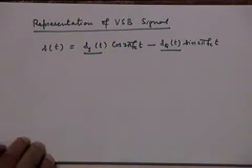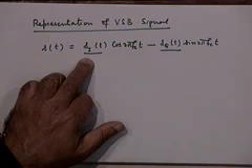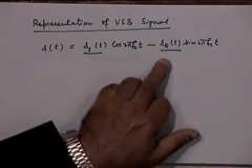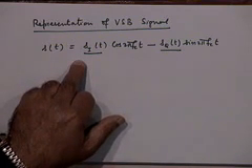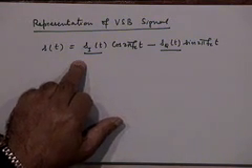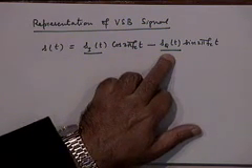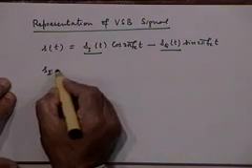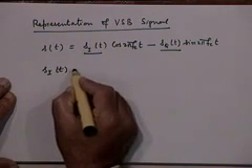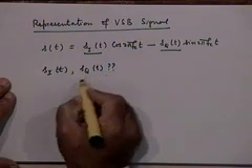Right? This is an in phase component and this is a quadrature phase component which every band pass signal must have. For the DSB-SC signal, s_I(t) is m(t), right? And s_Q(t) is 0. For the SSB signal, single sideband signal, this is m(t) and this is the Hilbert transform of m(t), right? So the question is, what are the in phase and quadrature phase components for the case of VSB signal? That's what we need to understand.